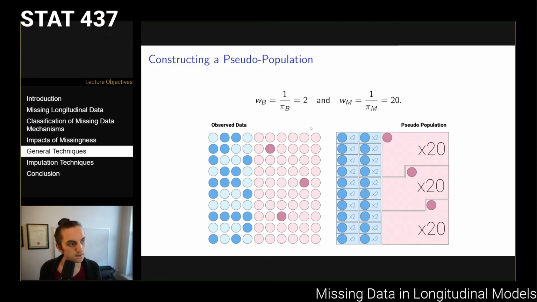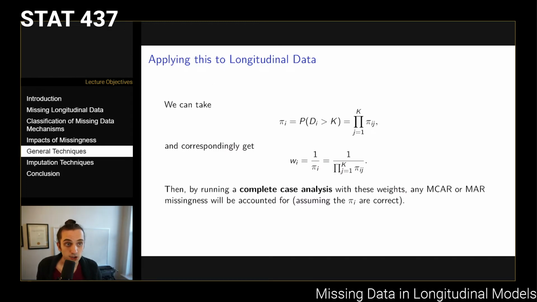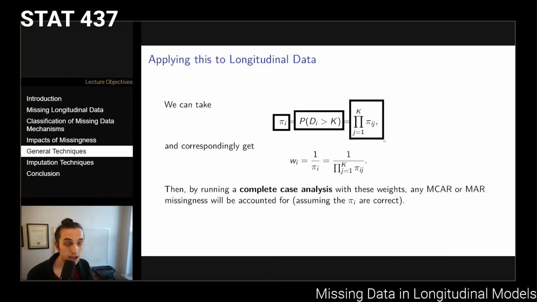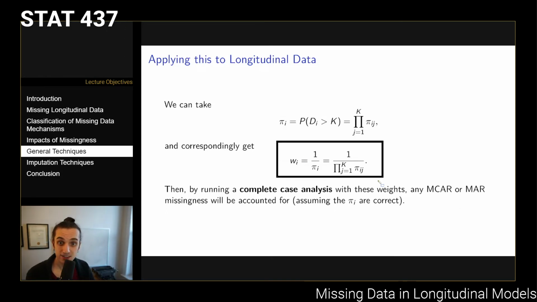total population. And so in general, we could think about applying this to longitudinal data, where we take pi I to be the probability that an individual did not drop out of the study, right? So it's the probability that our dropout indicator is larger than k, which is actually just the product of all of our pi ij's, right? So if we take that probability, then if we go 1 over that probability, that gives us a weight, right? And it's an inverse probability weight. It says for people like individual I in our sample,